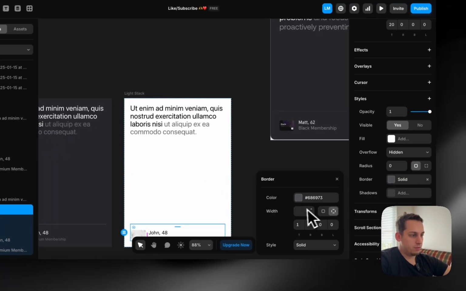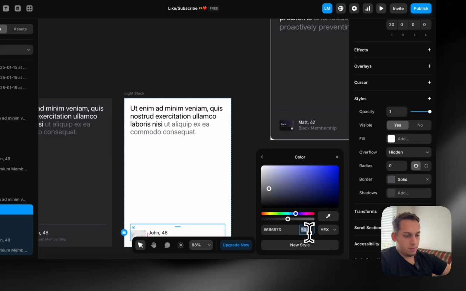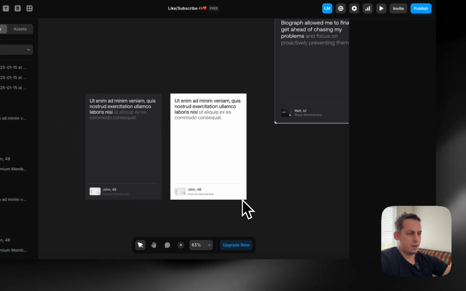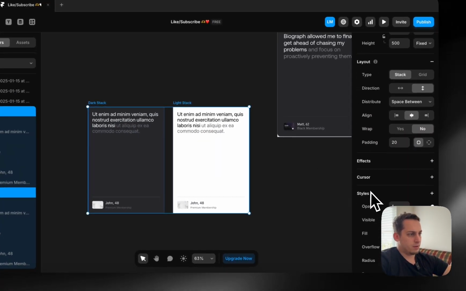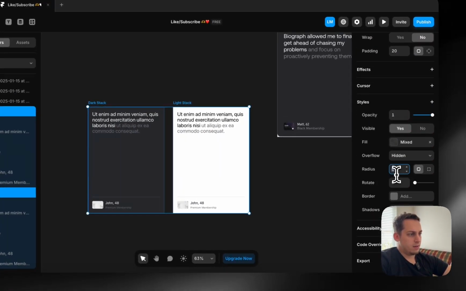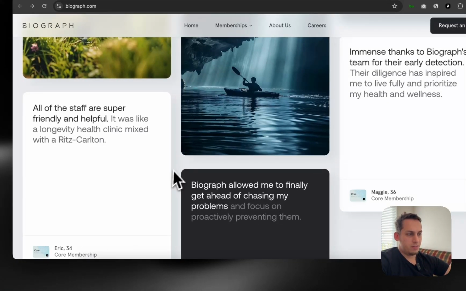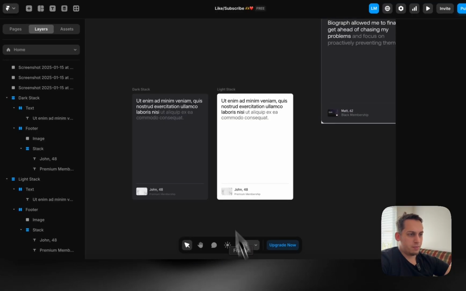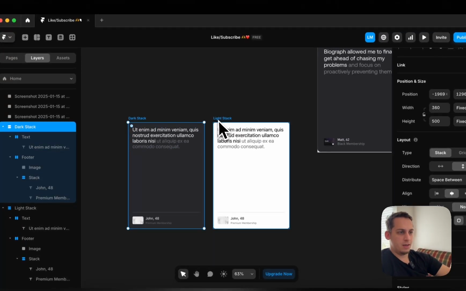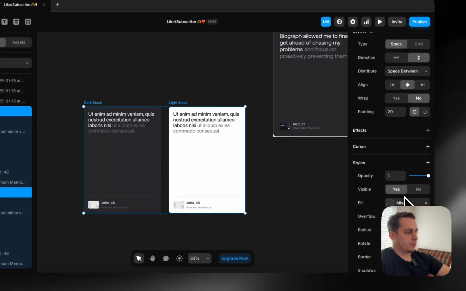subtle border. So let's even decrease that to be something like 20 pixels, 20%, sorry. And then let's get these have like a nice little radius. So let's add that to be something like so. I want to go back to Chrome and see if they have a shadow. I think they do, yeah. So let's add some type of nice little shadow. I would say we can add some type of